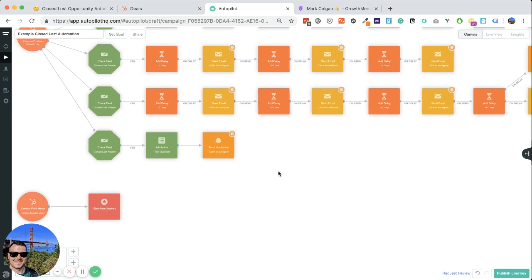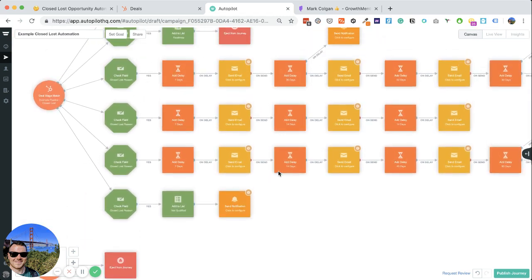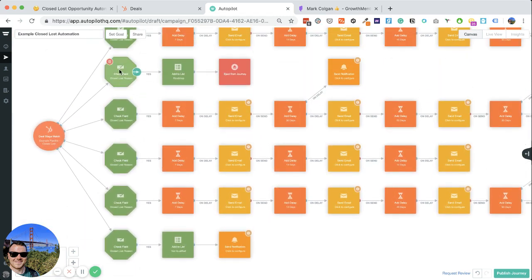So I hope that all makes sense. And look, it looks very daunting, but once you set it up once, it's pretty much a case that you can duplicate these sequences